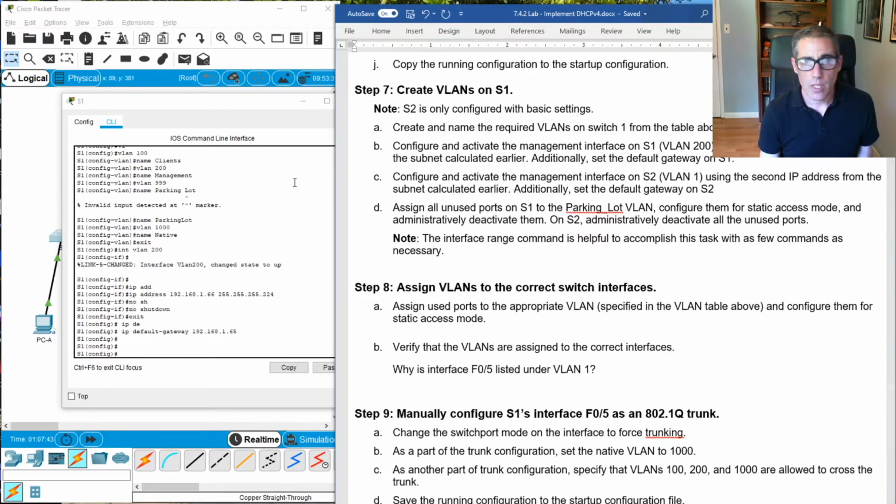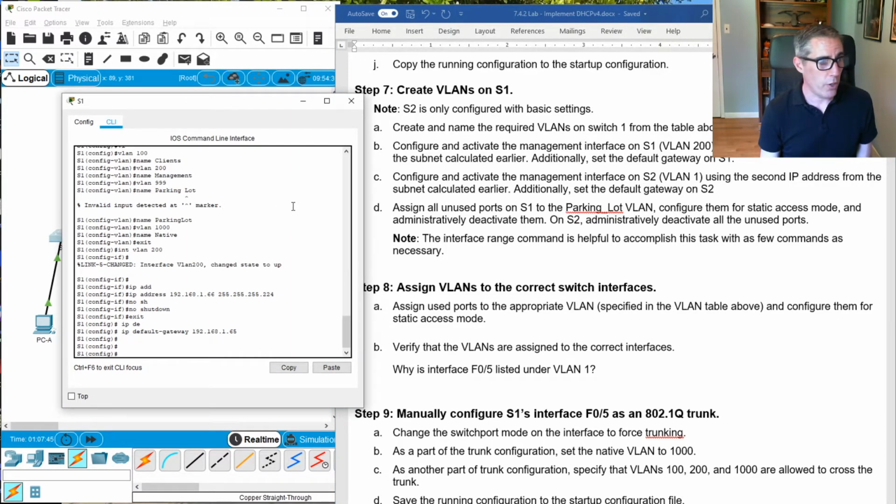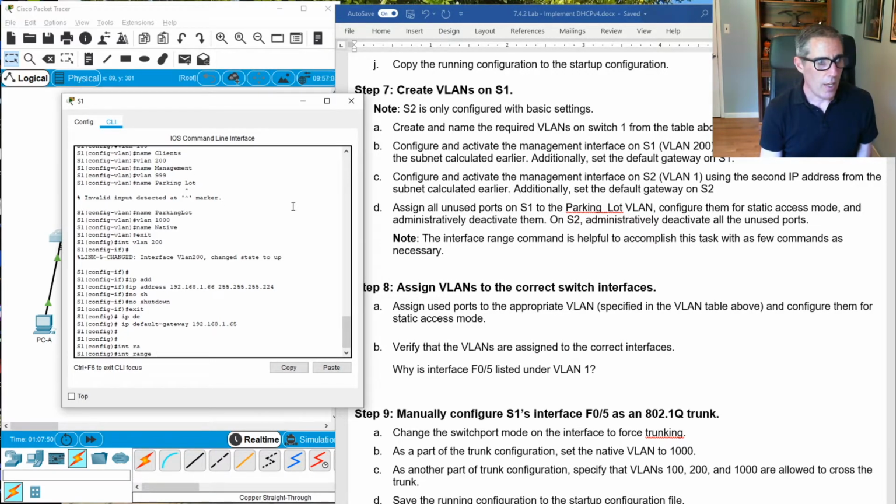So we're going to do interface range F0/1 to 4, because remember 5 and 6 we used for the router and the PC. And then we go F0/4, and if we do a comma, we can do F0/7 to